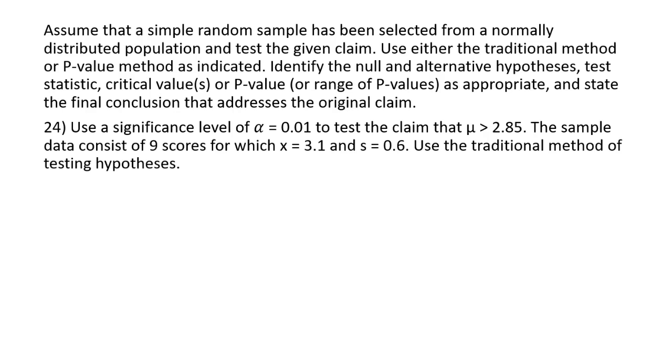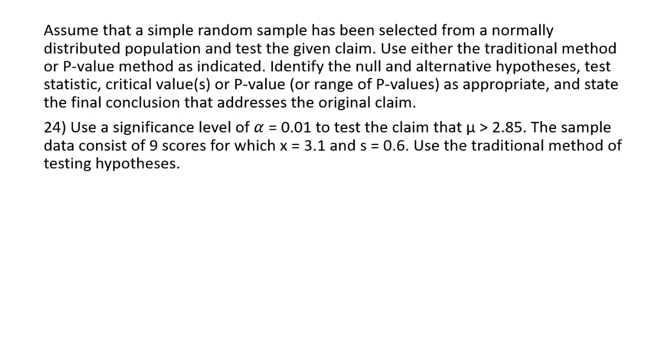Assume that a simple random sample has been selected from a normally distributed population and test the given claim. Use either the traditional method, which by the way is called the critical value method, or p-value method as indicated. Identify the null and alternative hypothesis, test statistic, critical values or p-value as appropriate, and state the final conclusion that addresses the original claim. So this question has significance level 0.01, and you want to test the claim that mu